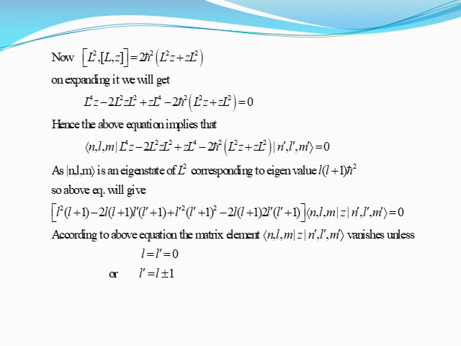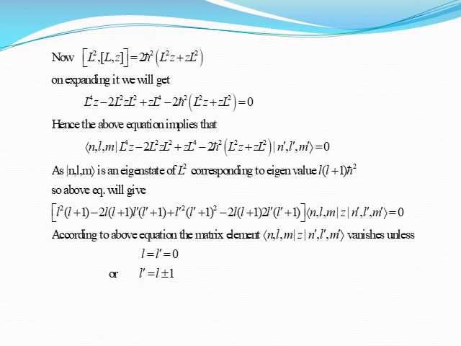L⁴z − 2L²zL² + zL⁴ − 2ħ²(L²z + zL²)|n'l'm'⟩ = 0, as the ket |nlm⟩ is an eigenstate of L² corresponding to eigenvalue l(l+1)ħ². So the above equation will give,